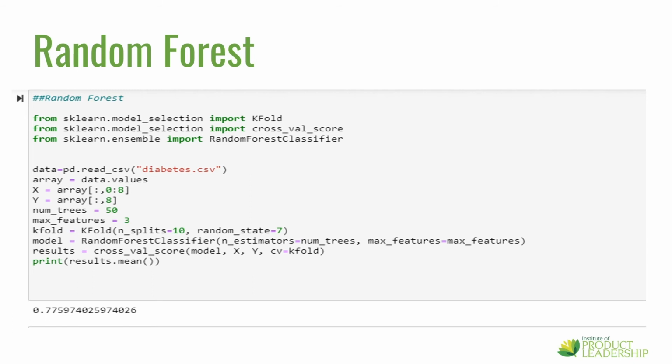Coming to the code, we will import k-fold cross-validation score and random forest classifier from sklearn library. Create an object of the dataset using pandas and name it as data and then convert into an array using data.values. Split the data into x and y using square brackets, that is feature matrix comprising 8 predictor variables and outcome variable as y, and then the model is run, post which the result is compiled as a mean of 10 cross-validation scores. As you will see, the accuracy of this model is 0.775, or in other words, the model predicts 77.5% of the class correctly.